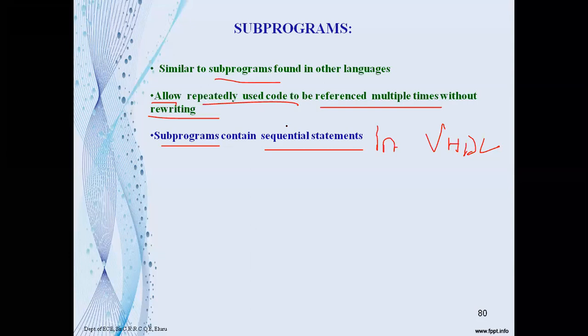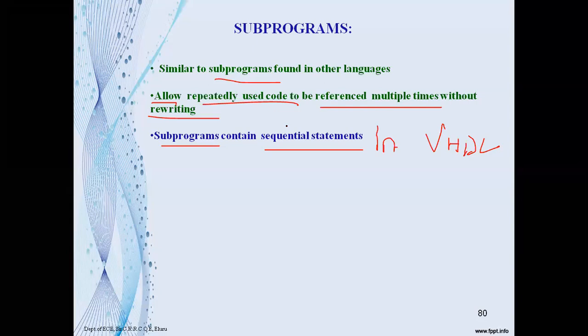In the architecture, we describe the functionality of the digital system using assignment statements. There are two types of assignment statements: concurrent assignment statements and sequential assignment statements.